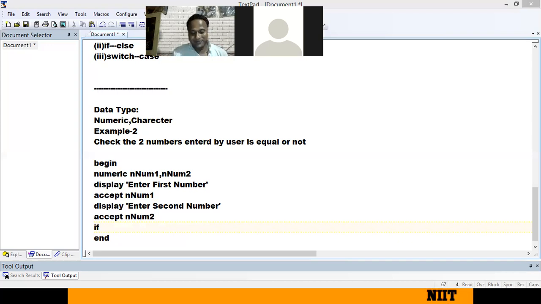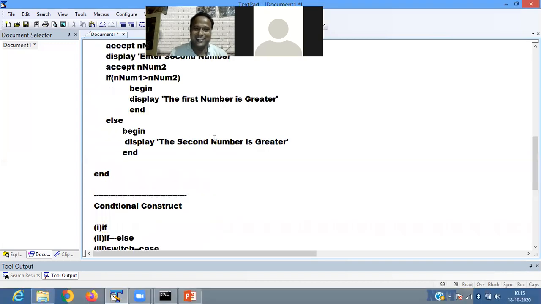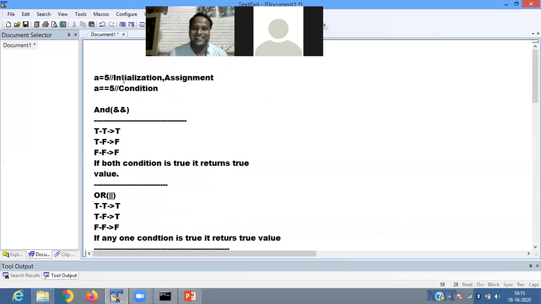So it is the equal operator. Double equals is used. I know that the double equals is for checking.